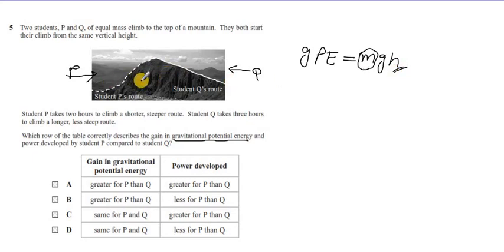But both students are reaching the same height, so their gravitational potential energy should be the same. That means option A and option B are immediately gone. We cannot have option A and option B. But options C and D are saying the gravitational potential energy is the same for both. Okay. Next thing is,